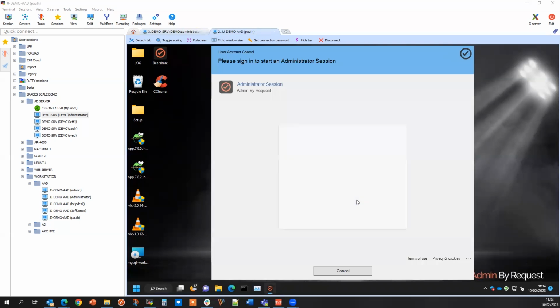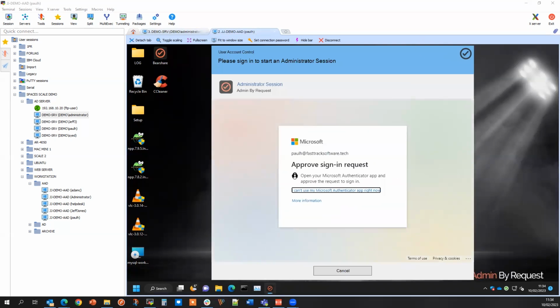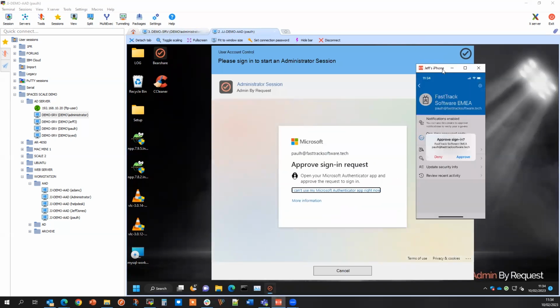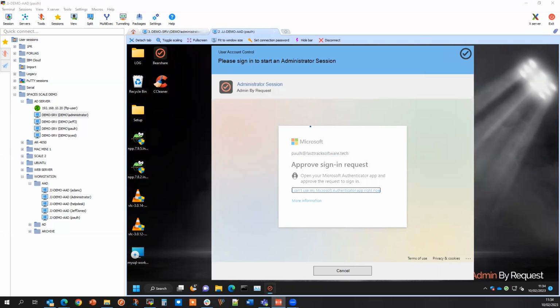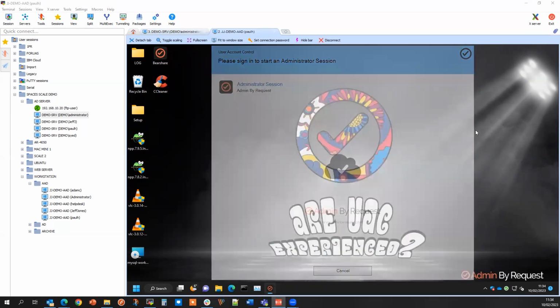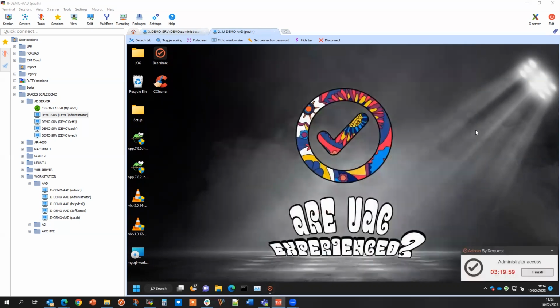Now I'm using version 8 here, so you can see I've got MFA configured, so I can just hit approve, on my face, smile, and then my session is cleared, and I should get my timer up. And with a timer, and you can see I've given myself loads of time here, I can now perform those